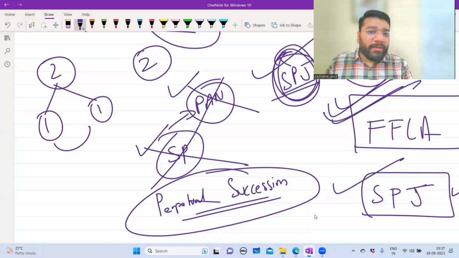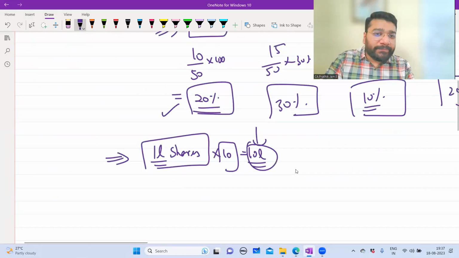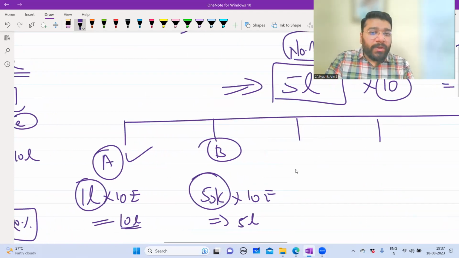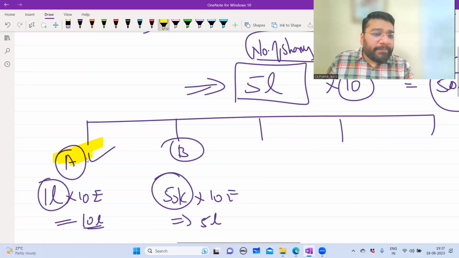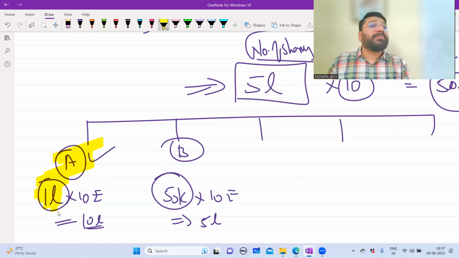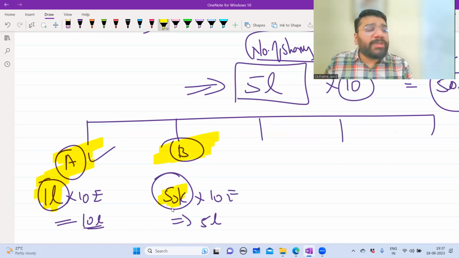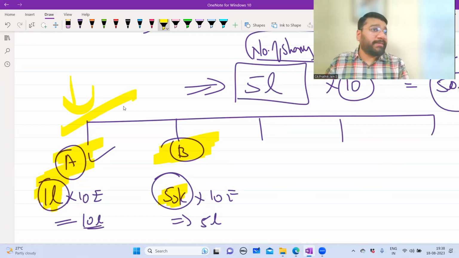Now understand this point. Guys, all of you understood what is the meaning of share? So here, person A has purchased how many shares of a company? 1 lakh shares of a company. B has purchased how much? 50,000 shares of a company. Now, he doesn't want to be a part of this company. He wants to come out of it. So, the best part of the Companies Act is that he can transfer this share to somebody else and get money from him.